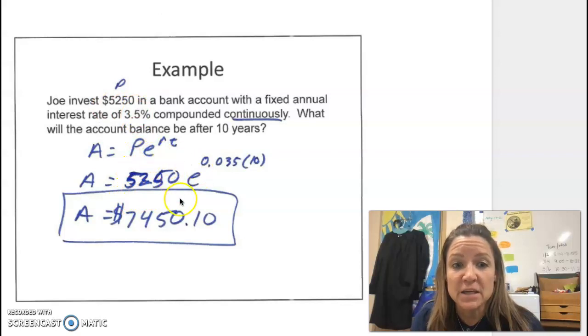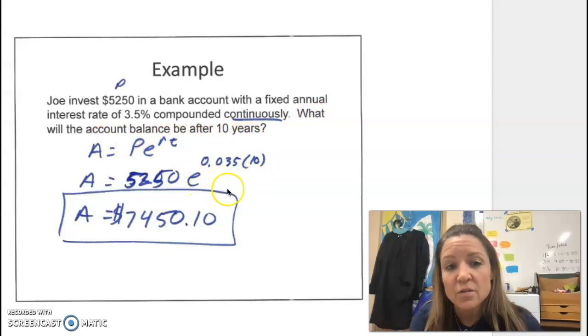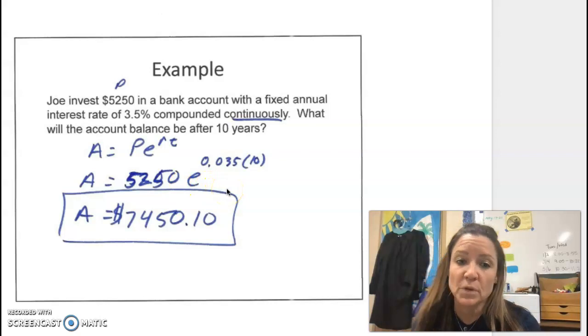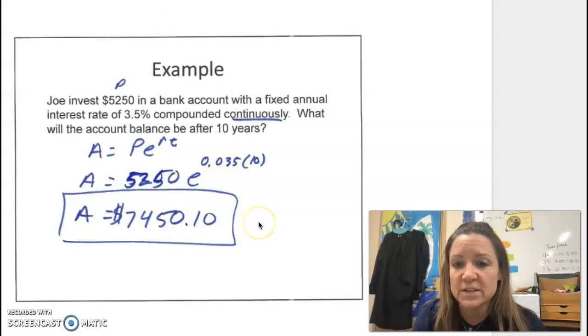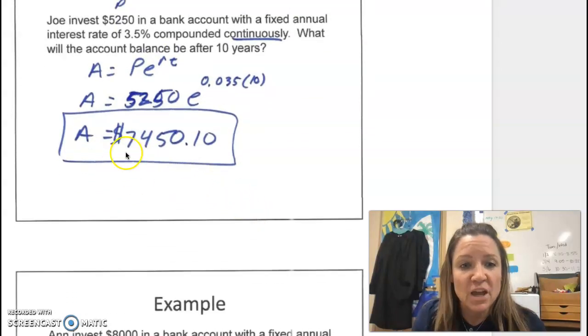Then we have e to the power of the rate. So the rate here is 3.5%. So I'm going to take that decimal and move it 2 places to the left. So it should be 0.035 times the t, which is time, and they tell us it's 10 years. So I just plug in a 10. Type this in the calculator. If you don't know how to use the e button, let me know. I can show you where it's at on your calculator, or you can use it in Desmos, and you should get